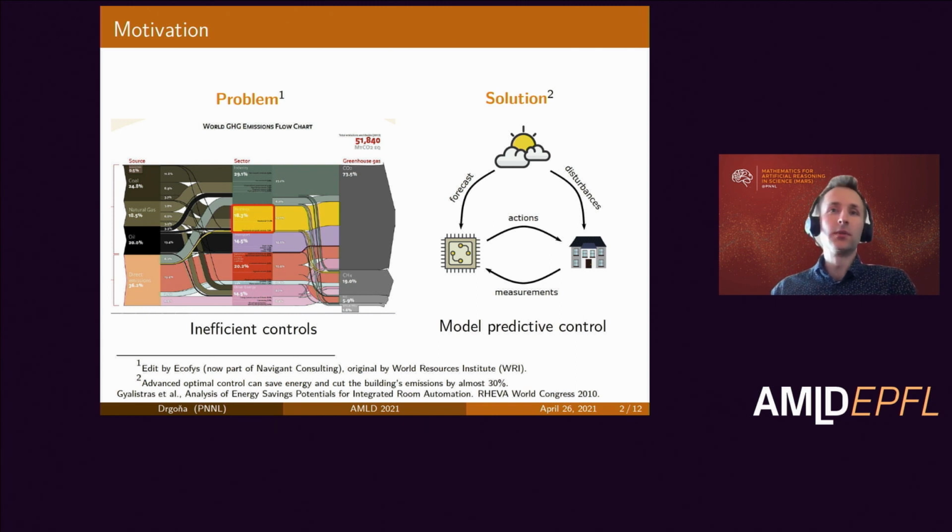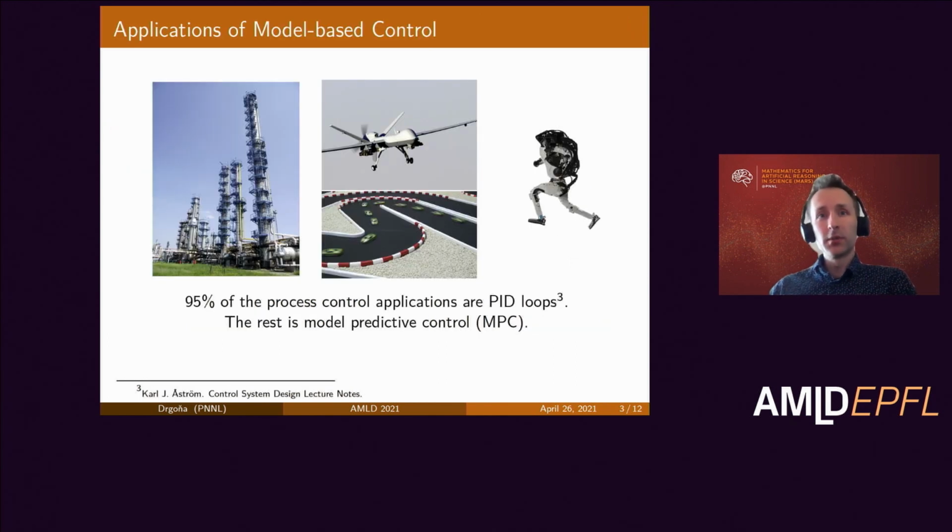And this is due to the fact that they are classically designed, tuned, and deployed by hand by experts in the field. But in the last decades, one promising research approach has been to use advanced control strategies such as model predictive control to mitigate this problem. But model predictive control was classically designed and developed in the process control industries and has never since emerged in high-performance safety-critical applications like automotive, aerospace, or high-performance robotics.